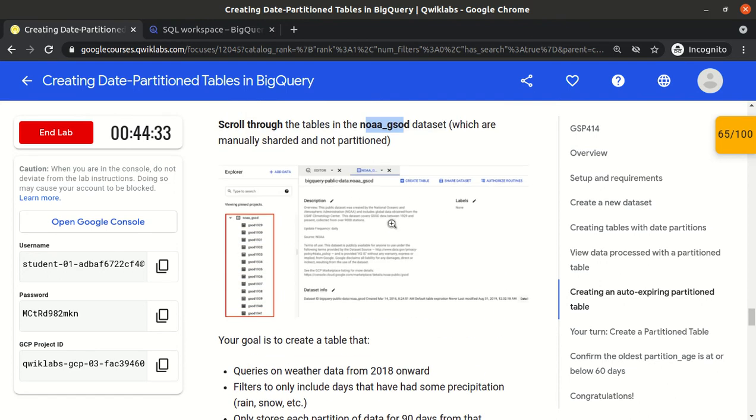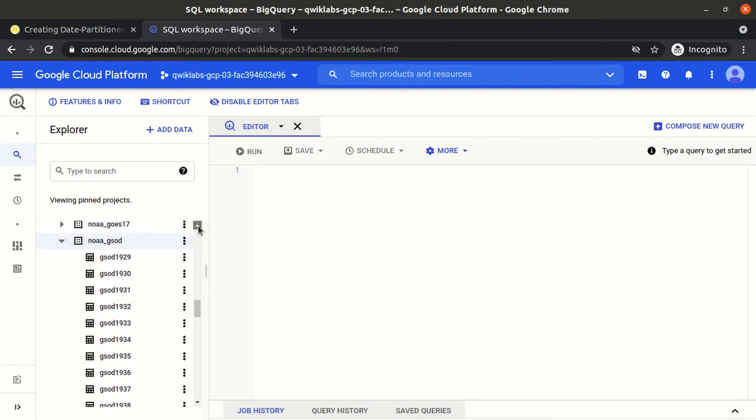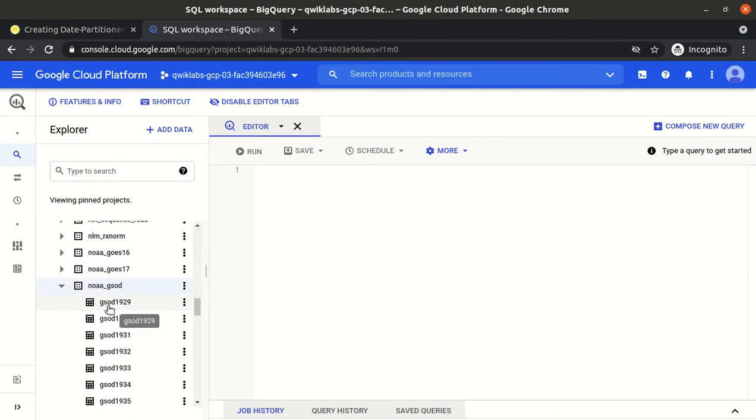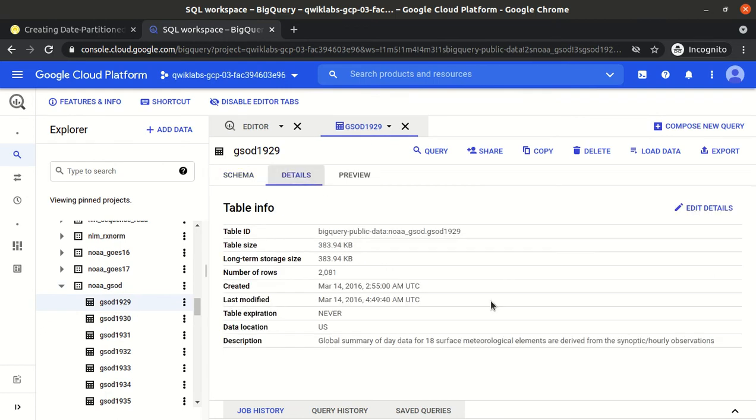Okay, so we have this dataset. These are manually created. If we click on this and go to the details tab, these are the non-partition tables.